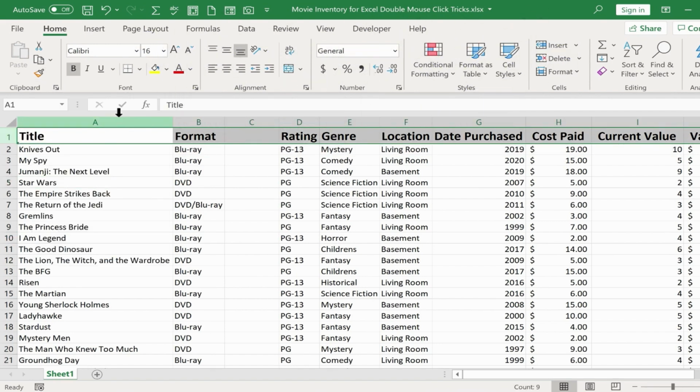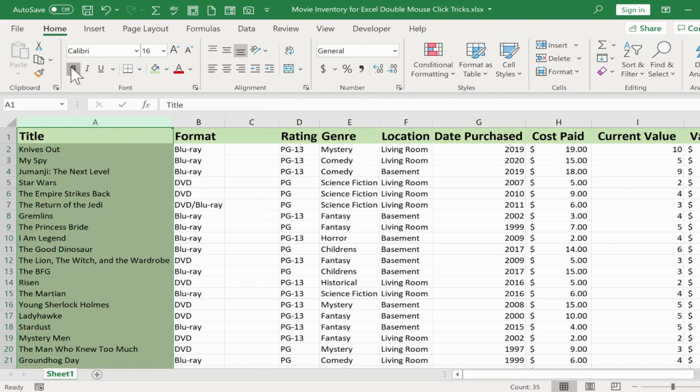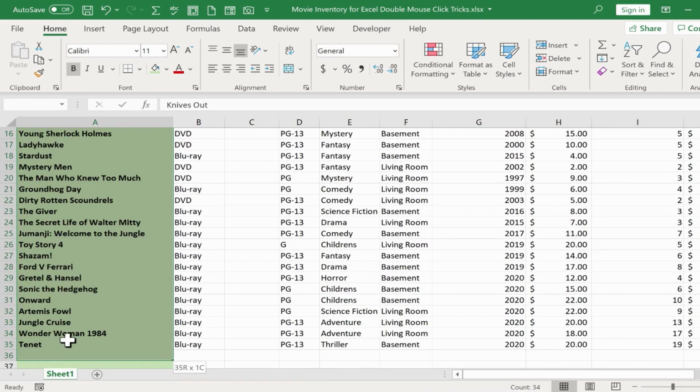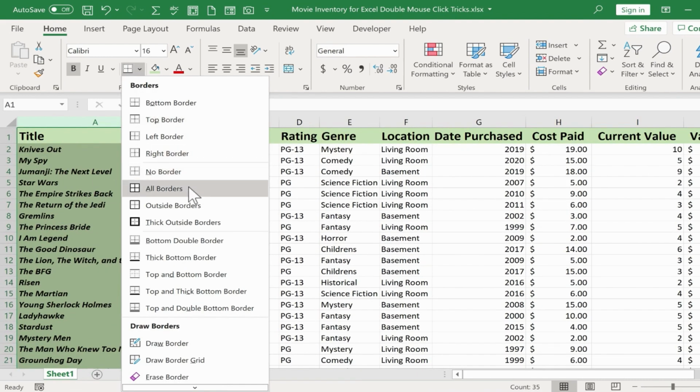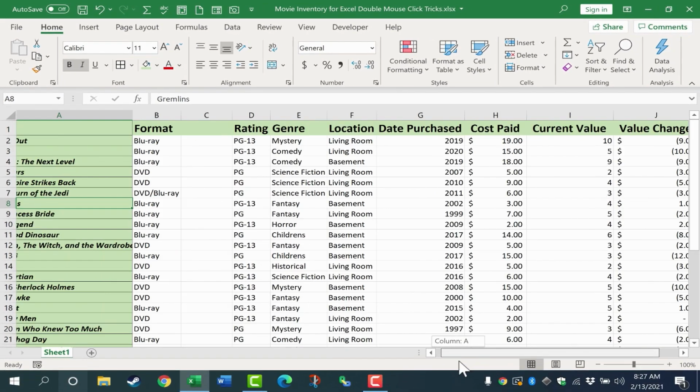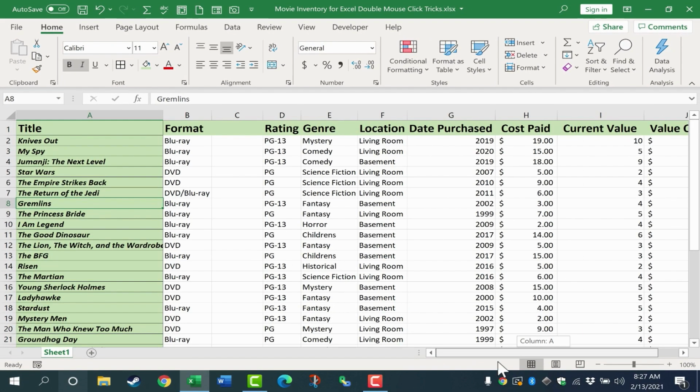So let's say I want to format my spreadsheet with some colors and maybe some bold options. Maybe I want the data here below to be italicized. Maybe I want to have borders, visible borders around my data in column A. So I've made some format changes. Now what if I want to copy that over here to column J? How would I do that?